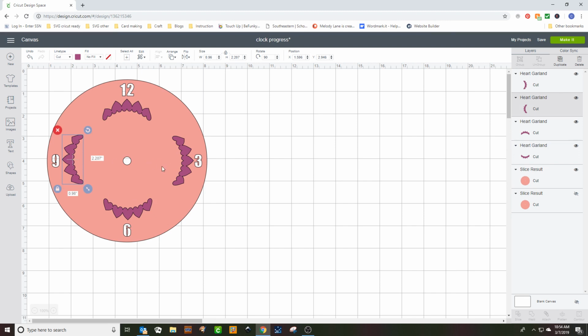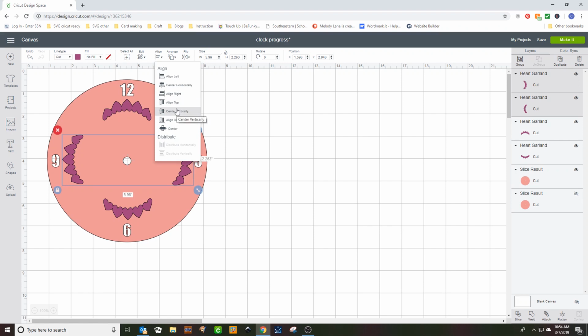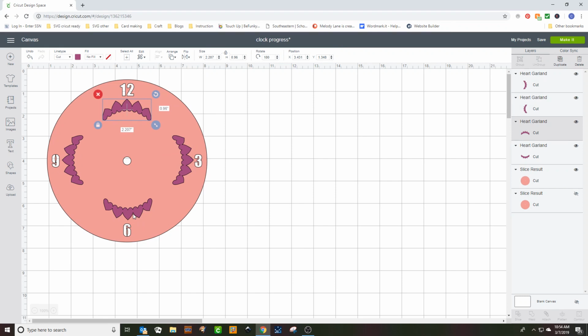Now we're going to line these up, and you remember how to do that. You hit Shift and select the second one. And we're going to align it, and we're going to center it vertically. And then we're going to select these 2, and we're going to center them horizontally. Okay, now they're all centered. So you remember how to do this. We're going to select all of them,